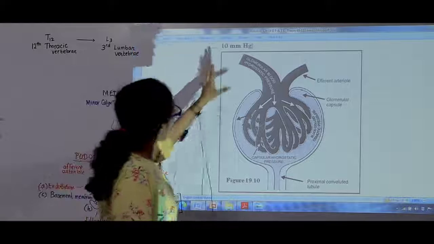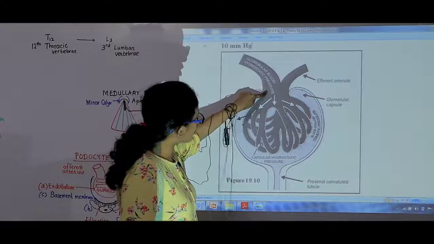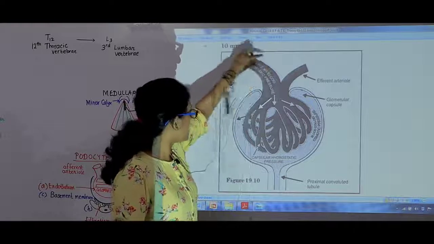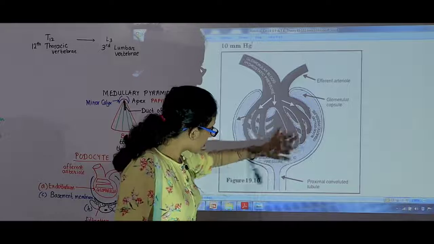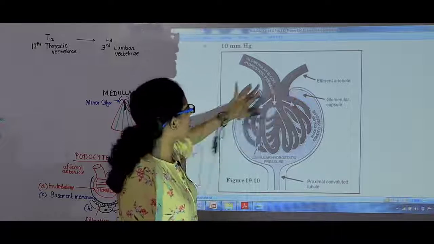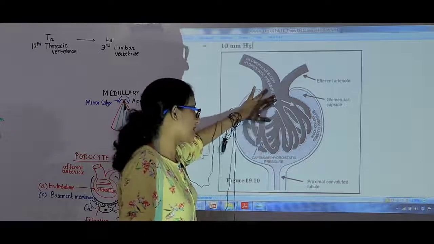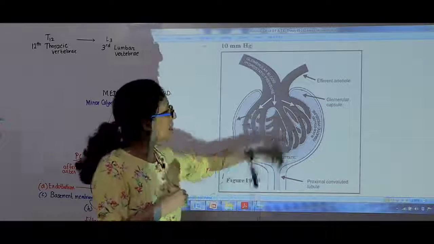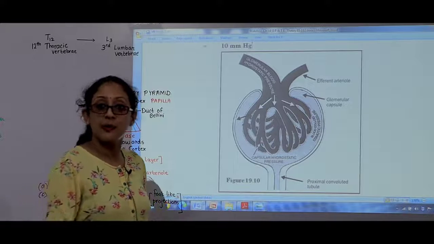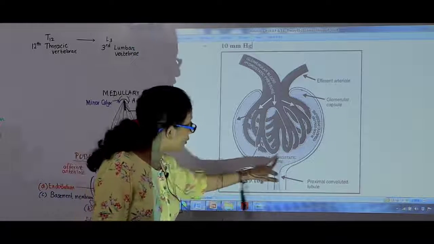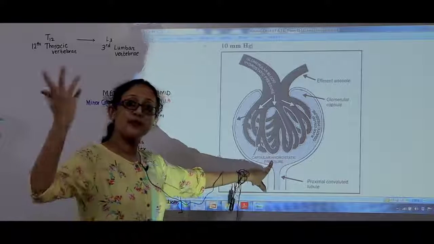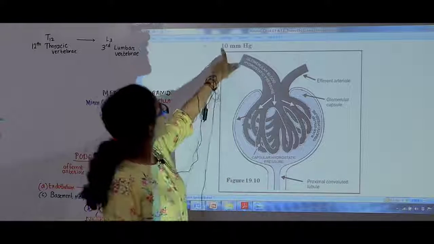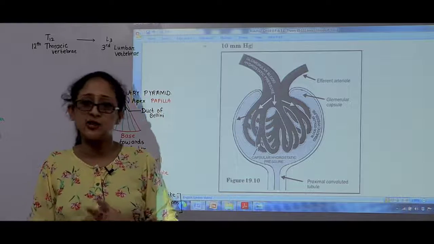So, as you can see, the glomerular blood hydrostatic pressure is the difference caused because of the difference in diameters between the afferent and the efferent. So, there is an increase in hydrostatic pressure in the glomerulus. But inside the blood plasma, there is a force of attraction between the plasma and the plasma proteins. Also, the capsule has fluid from the previous filtration. So, that is how your net effective filtration pressure is only 10 mm of Hg.